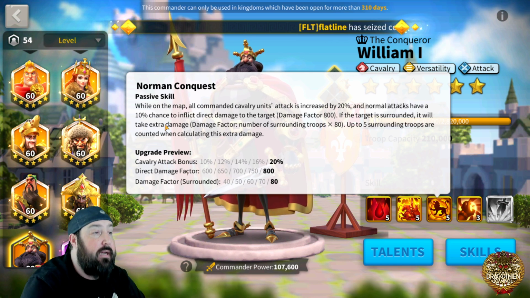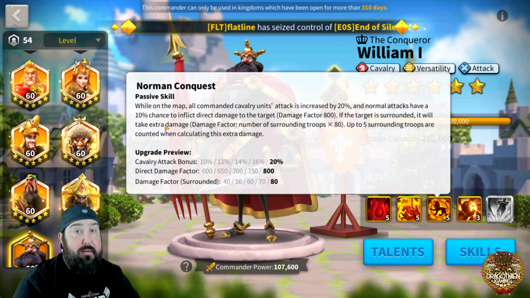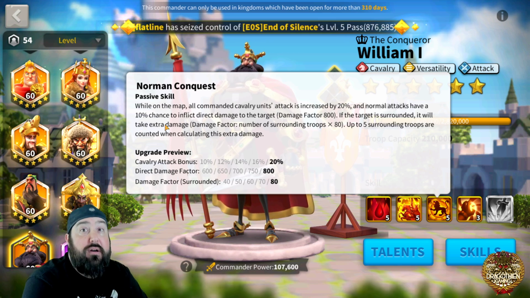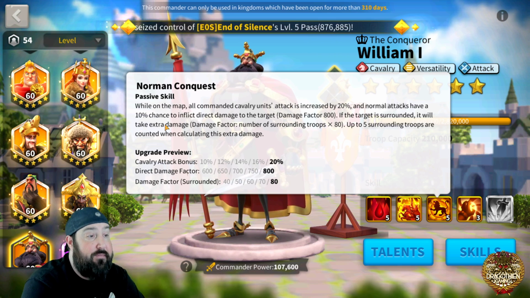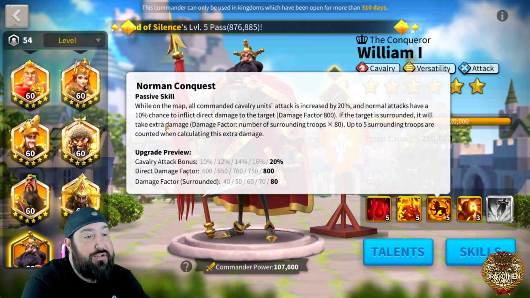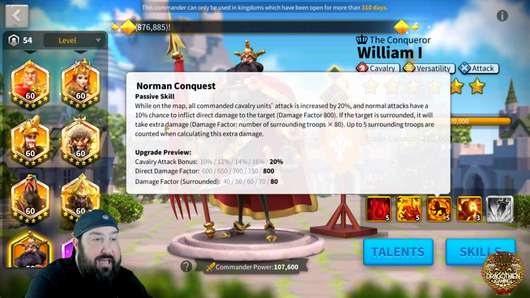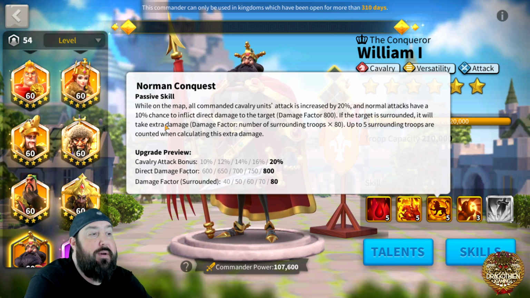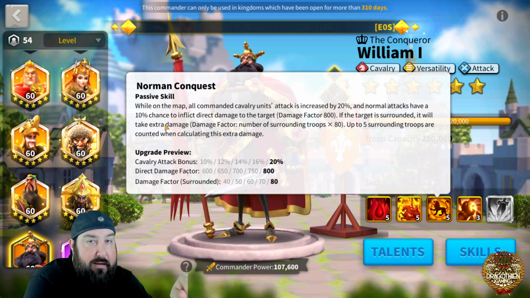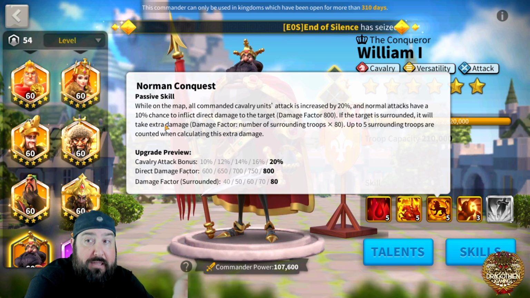And because, again, this is why you want him to be in the open field fights. If you're targeting somebody and you have all 5 of your marches out, you will do a surround bonus, which already gives a 15% increase to damage if you have a maximum surround. But also, again, on this, you get an additional piece of nuke damage. So if the target is surrounded, it will take extra damage, damage factor, number of surrounded troops times 80. So 5 times 80, that's 400. Plus the 800 here, you're looking at 1,200 direct damage factor if you have a target completely surrounded, whether it's